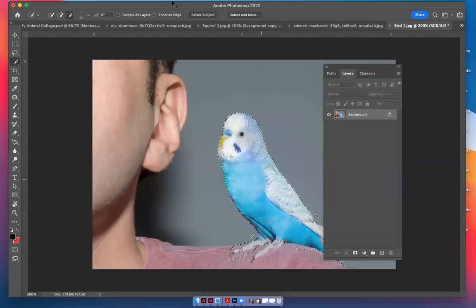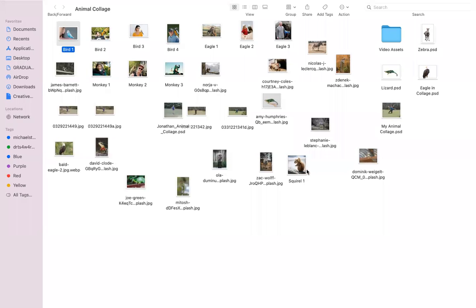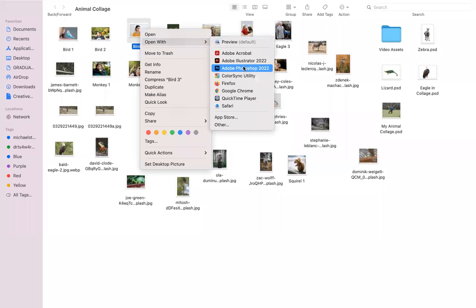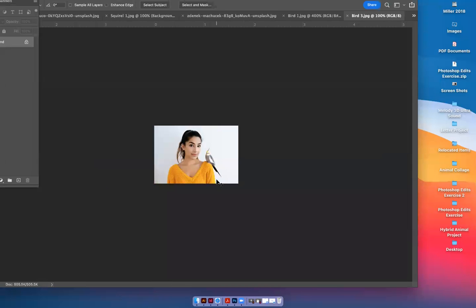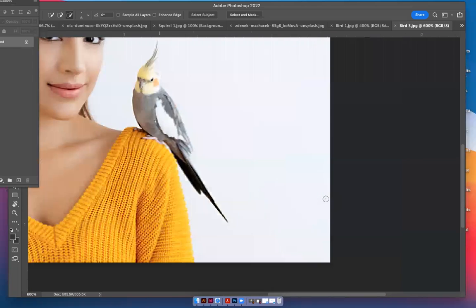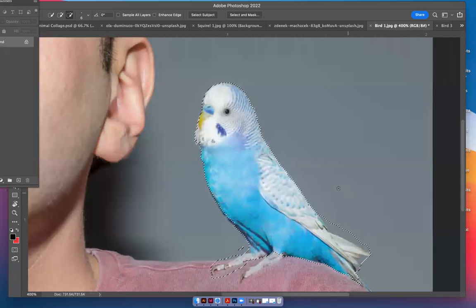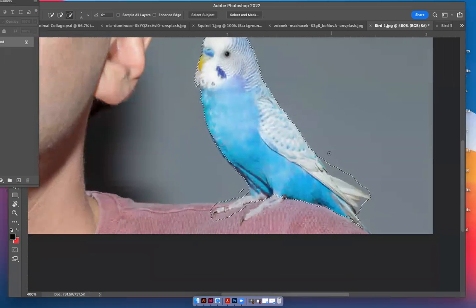Okay, I'm going to zoom in. He's looking a little pixelated. It might not be a good choice, actually. So I could find a different bird that would look a little better. Maybe let's try this one. That one looks pixelated too. And I think the blue would be prettier. We'll try it. It's going to be tiny on his hand, so